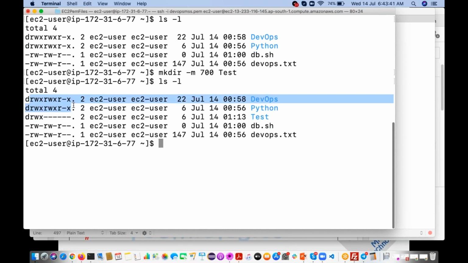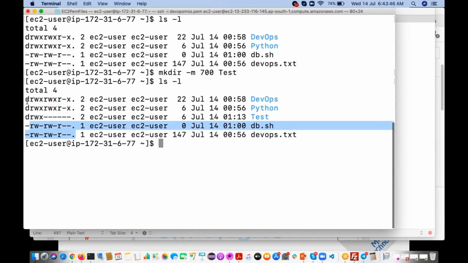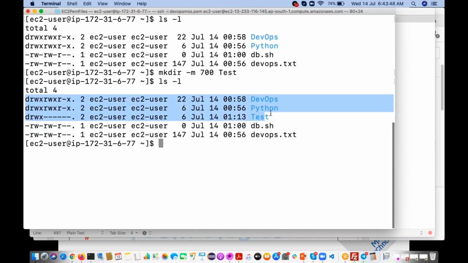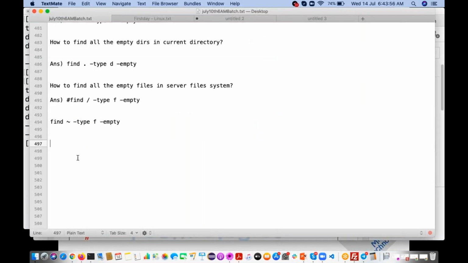So on what basis are these default permissions going to be set? Based on the umask value. Umask means user mask.